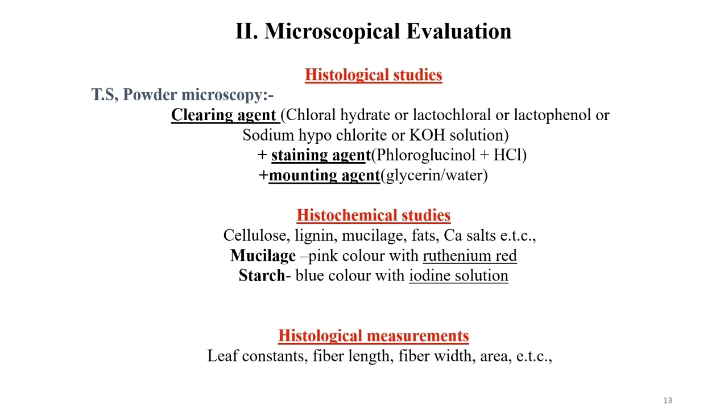In this study, we can divide microscopical evaluation into three types: histological evaluation, histochemical evaluation, and histological measurements. In histological studies, we have transverse section and powder microscopy of crude drugs. For this, we need three reagents. First, a clearing agent, for example chloral hydrate, lactophenol, lactochloral, or potassium hydroxide solution, mainly used to clear unwanted impurities or cell debris. Then a staining agent, which, as the name itself shows, gives color to the cells,